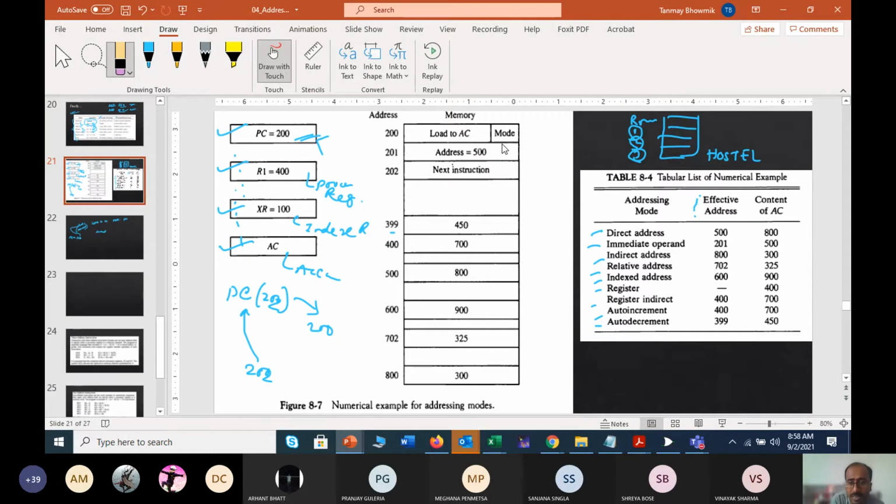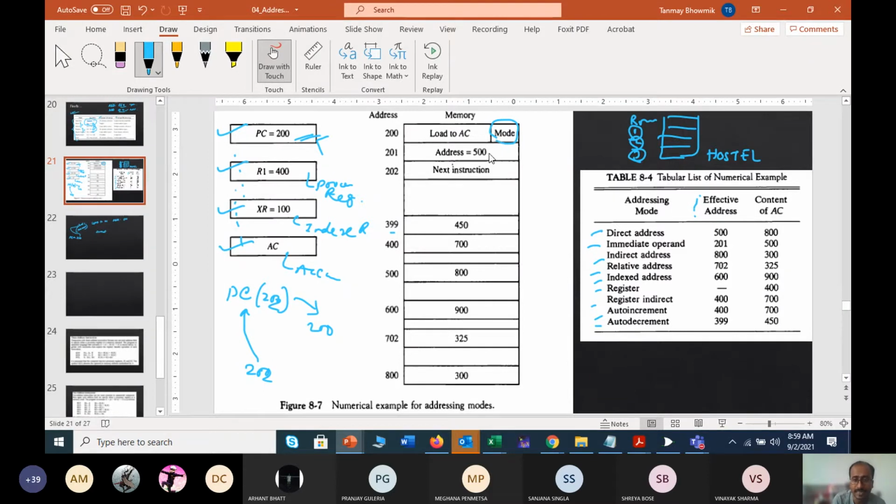So what will be specified by this mode? This mode will give you the idea whether you are operating in direct addressing mode or immediate operand mode. Okay, so now if I start with direct addressing mode, then what will we check?